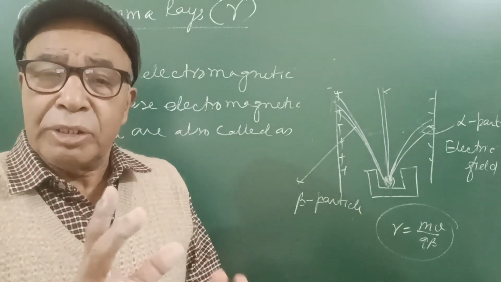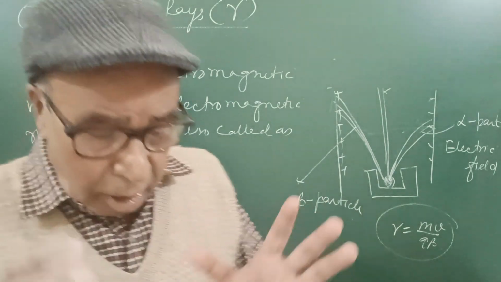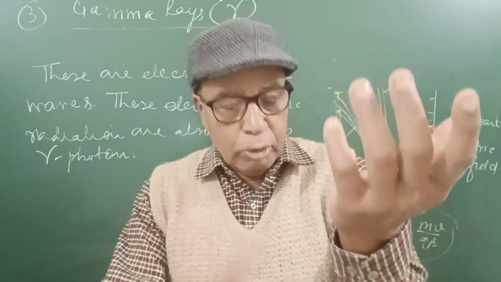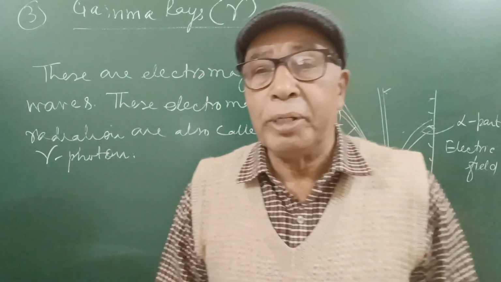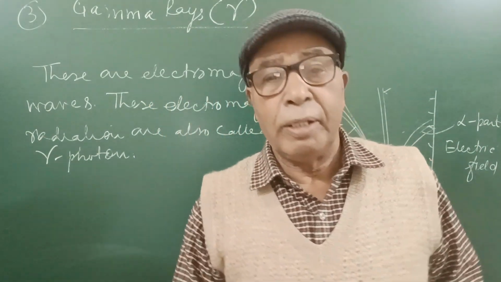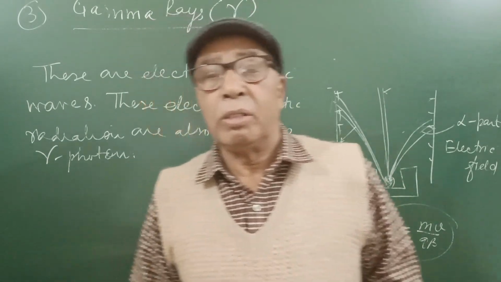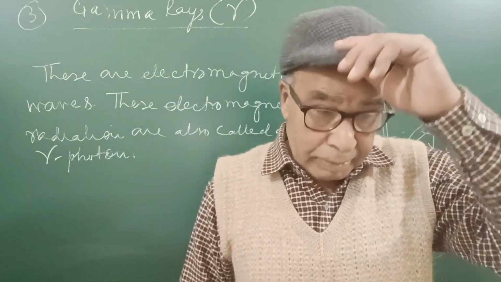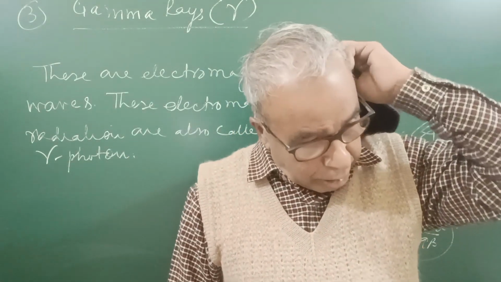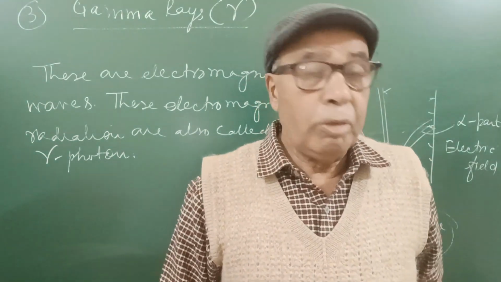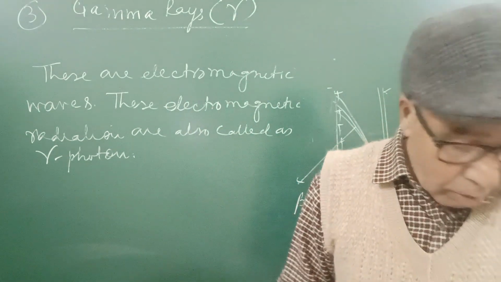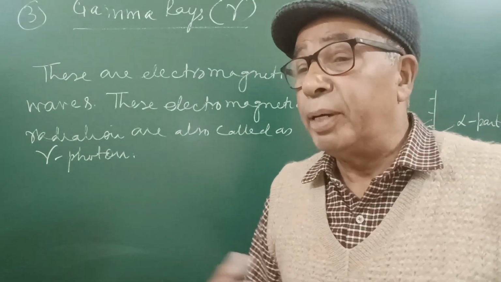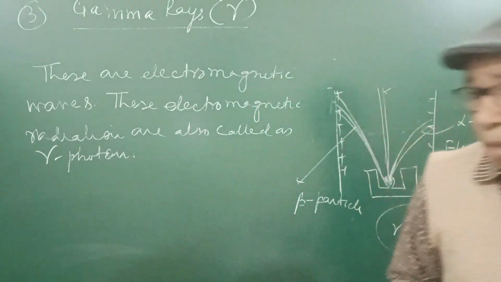You please listen to this thing. This will not be read in books. Pathological and genetical. Pathological means a particular part gets deformed and cannot be recovered. Genetic means genes are disturbed. Genes go from one generation to another, so that is more dangerous. Actually, in Japan, when the atomic bomb was dropped, many generations were born sick, having some permanent type of problem.